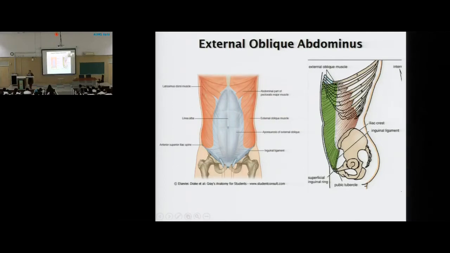So it is taking origin from the outer surface of the lower 8 ribs. It is also originating from the lumbar fascia. And it is also taking origin from the iliac crest. This is the iliac crest on either side. This iliac crest is divided into a ventral segment, ventral 2/3 segment,